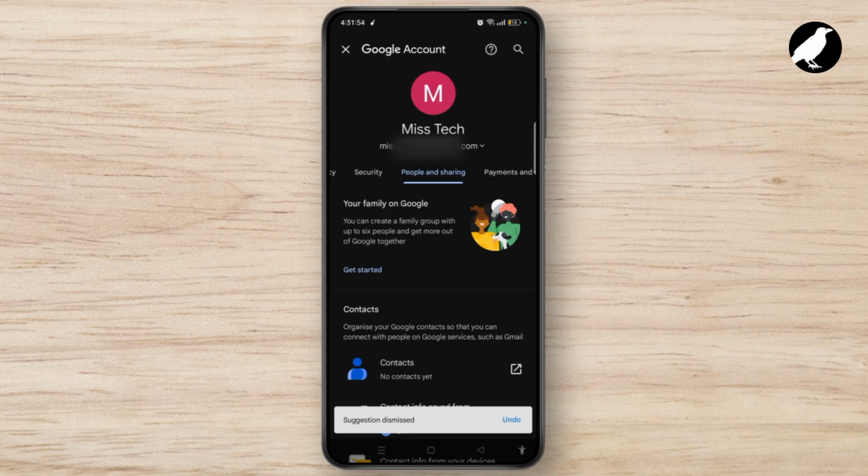So as you can see that we don't have any family members here on Google account, but if you have any and you are the manager of it, then you can simply select manage the family on Google button, and once you open it you can simply tap on remove any family members you want to remove from the family